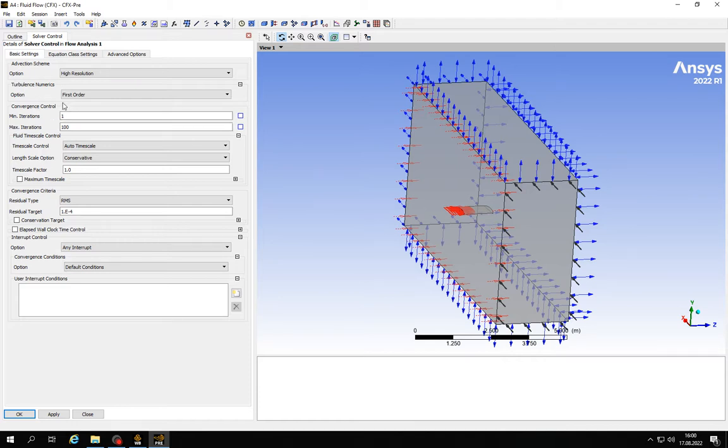So here we have the convergence control. I don't think you will have to modify these, so just leave them as they are. And here, very important, the convergence criteria. So here what we want to change is the residual target. So for this first approach, I will just leave it at 10 to the power of -4, but the further